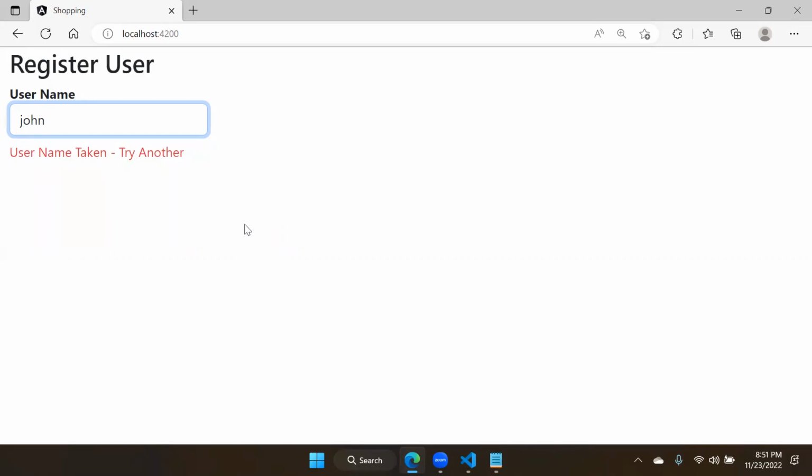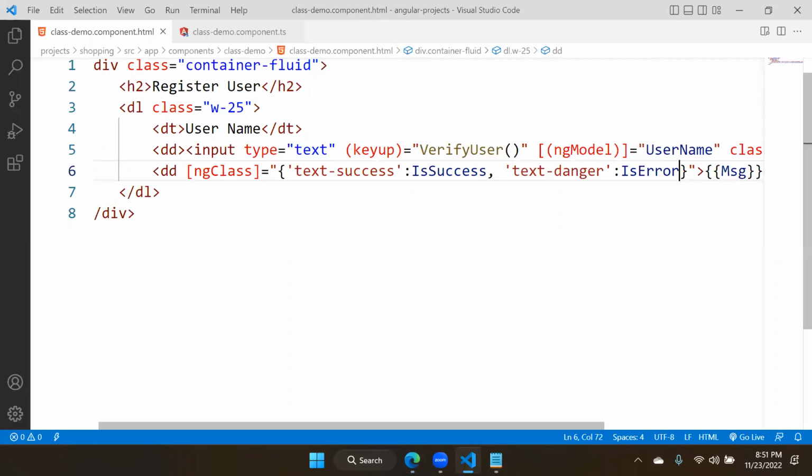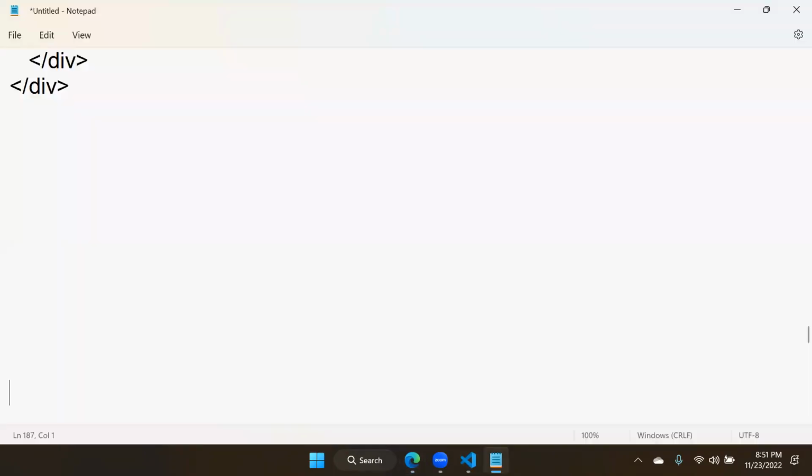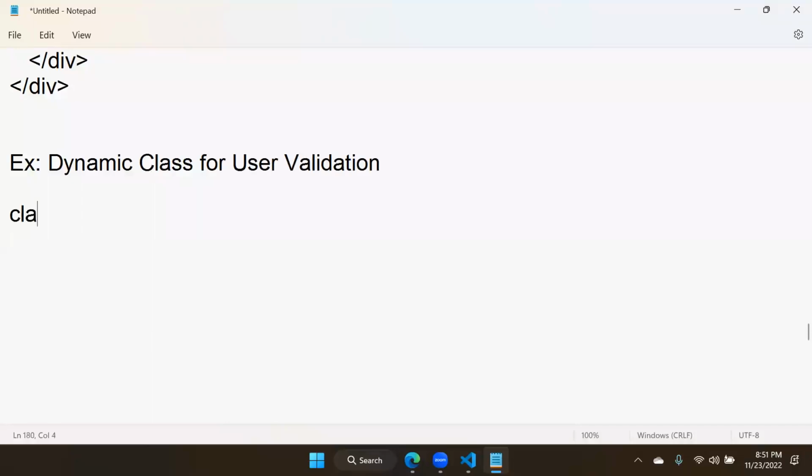Right? That means if it is valid, then green color. If it is invalid, that is red color. Dynamically, it should be changing. That is why we need ngClass. Right? This is another example. That means dynamic classes for user validation. For user validation, same, I am using class